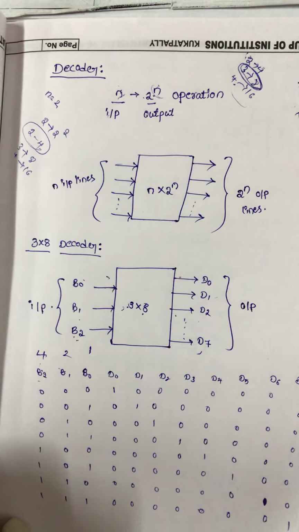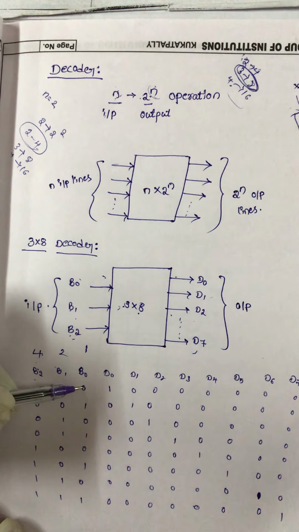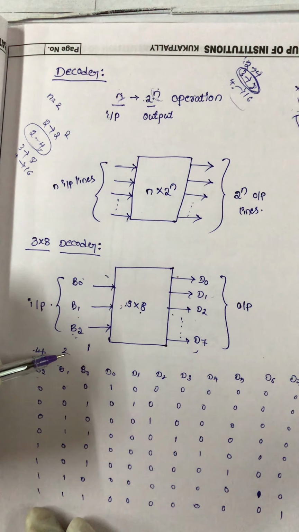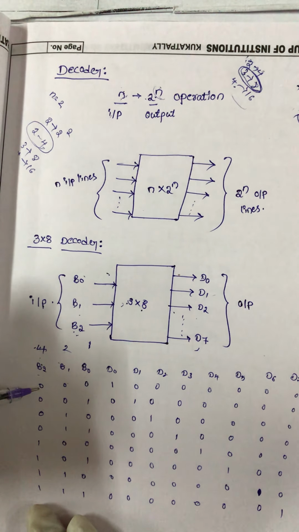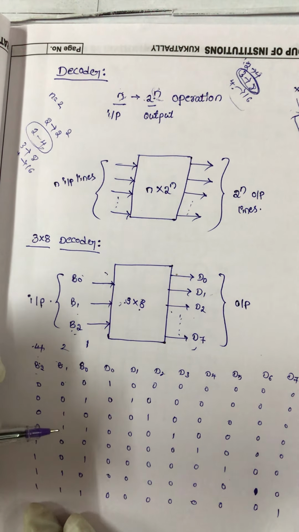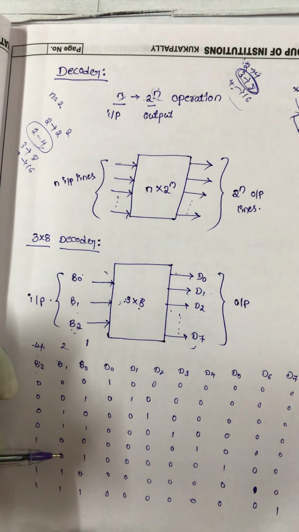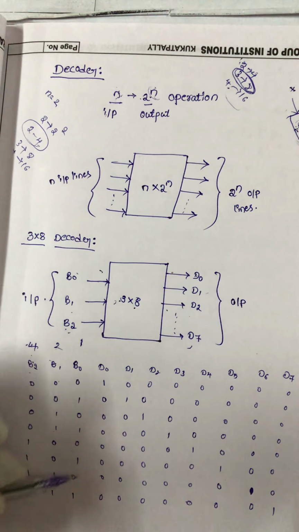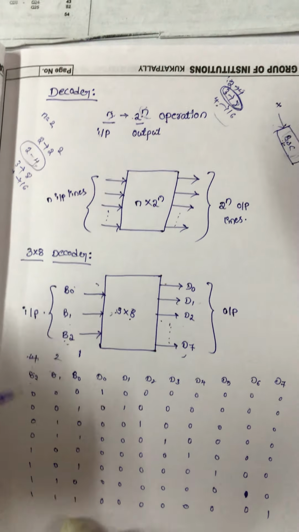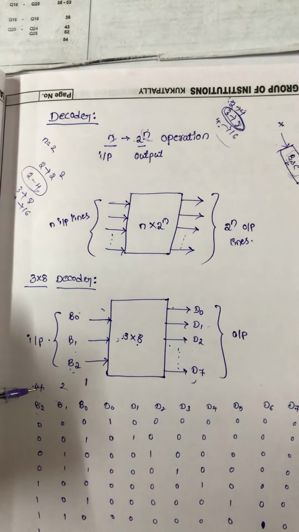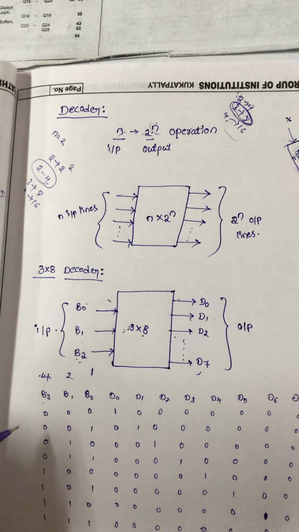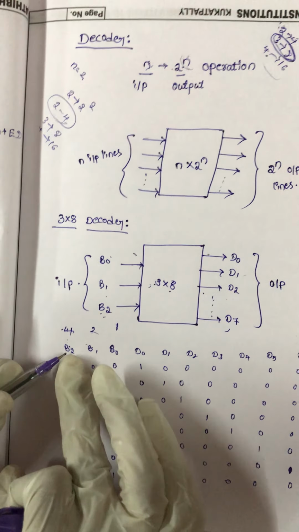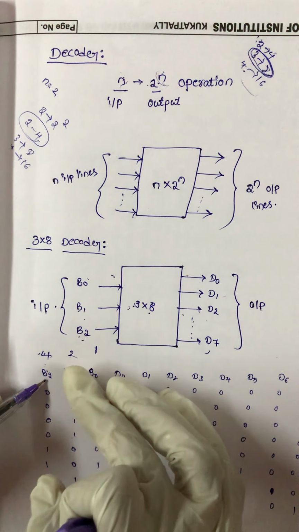According to the code 4 2 1, so 0, 0, 0 is represented by all zeros, in the place of 4, in the place of 2, in the place of 1. So all zeros. Next 1, 2, 3, 4, 5, 6, 7. So total 7 more possibilities. The representation of different numbers by the coding was already discussed in the previous class. So the total inputs are 8 combinations by using the 3 bits, that is B0, B1, B2.